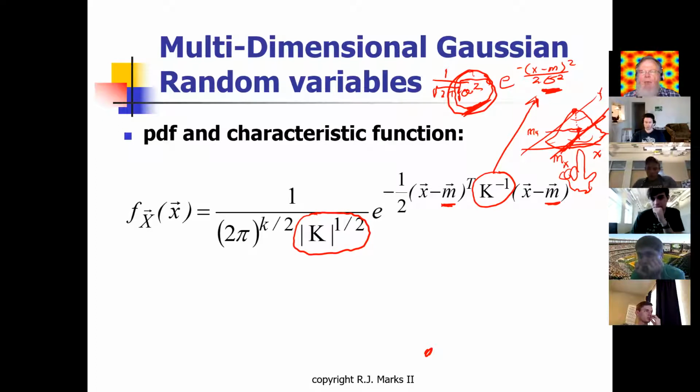And what happens in 2 dimensions, you have not only m1, m2, you have sigma 1, sigma 2, and if you remember, you have this rho, which can be interpreted as a cross correlation. We use it to get the correlation coefficient, and that tells us how the Gaussian is skewed. So if the Gaussian is elliptical in shape, the rho tells us how much that thing is tilted. You'll notice here we have the K, and all of these things are wrapped up into the K.